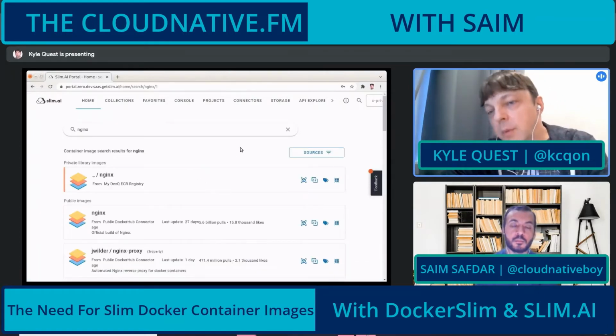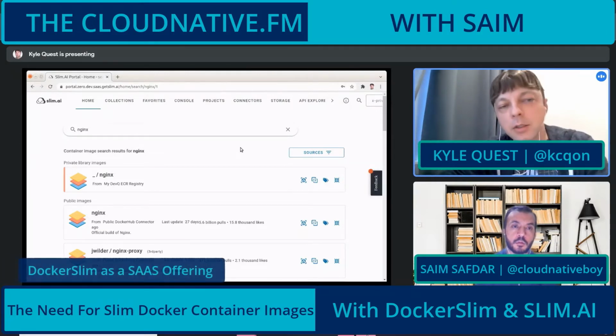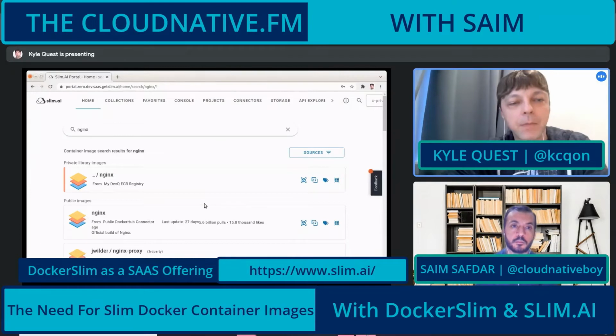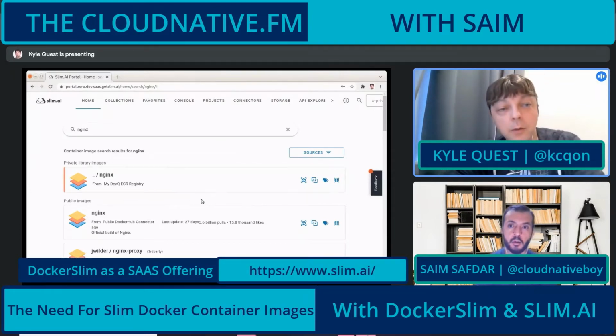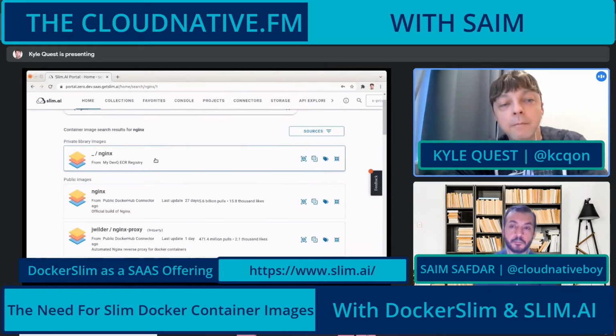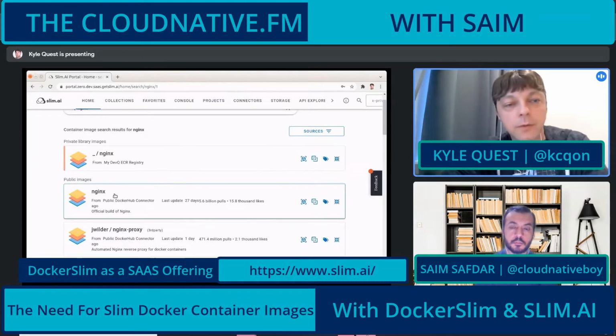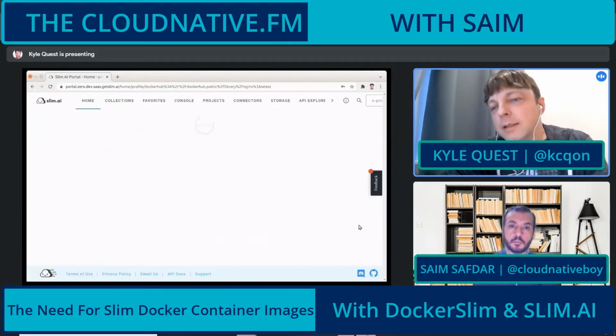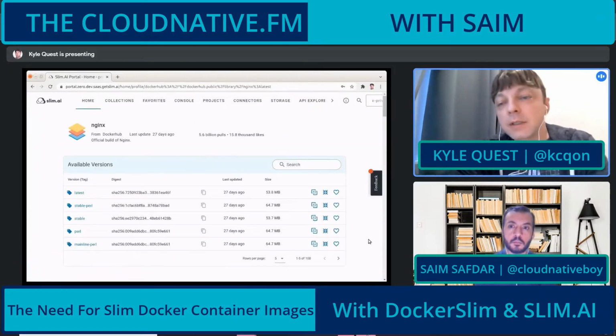The public registries like Docker Hub, Quay, ECR public, Microsoft Container Registry, and then the registries I connected. So here I looked for Nginx, and I found Nginx in my ECR registry, and it also found the official image as well. So if I click on that, and one thing that's going to be a little different that I want to show